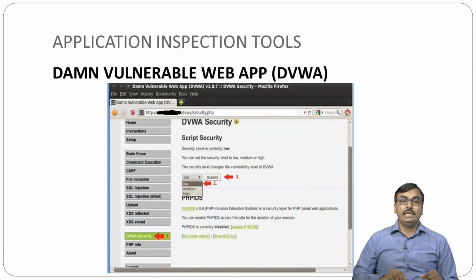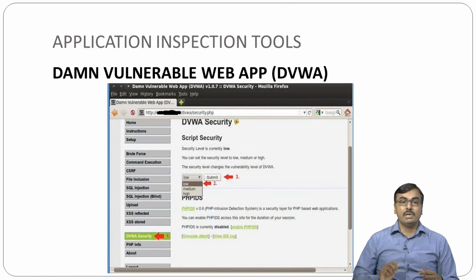If you are a learner or fresher in DVWA, then firstly change the DVWA security level from high to low.